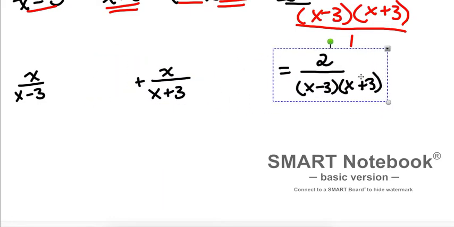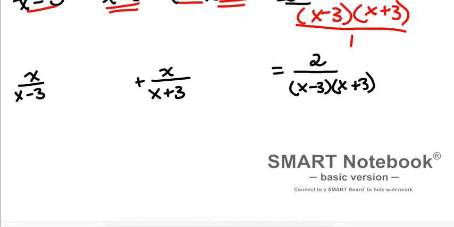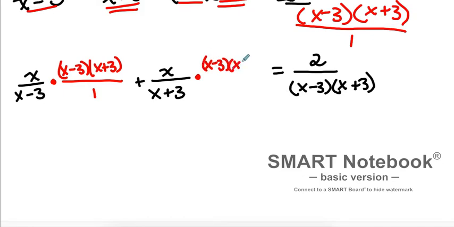Okay. All right, I'm going to take the red color now, just so you can see what I'm doing. So I'm multiplying by my LCD over 1, and I'm going to multiply my second fraction by my LCD over 1, and I'm going to multiply the third fraction, so even the other side needs to be multiplied by the